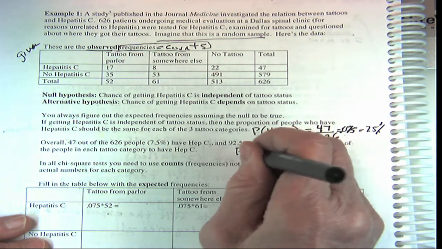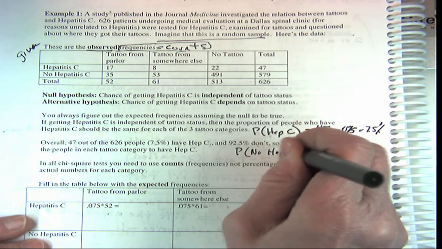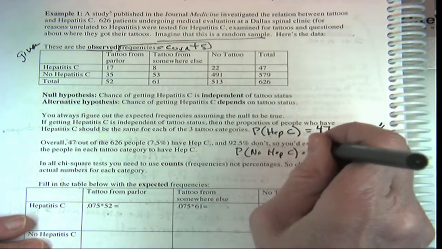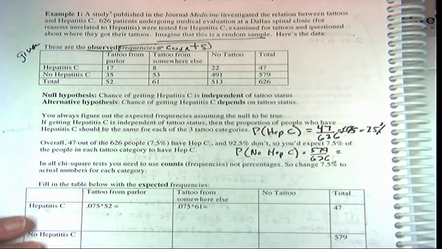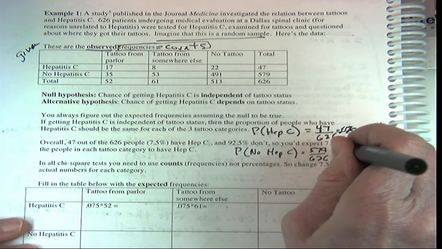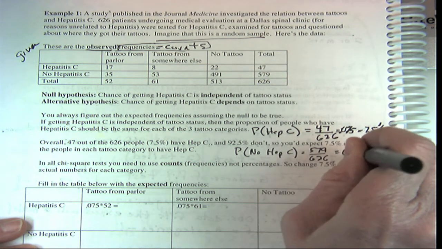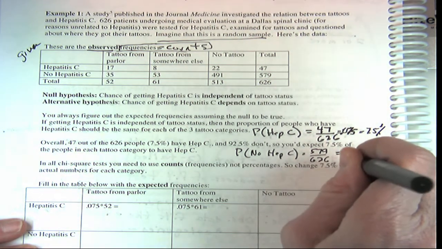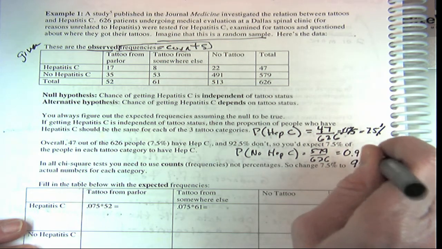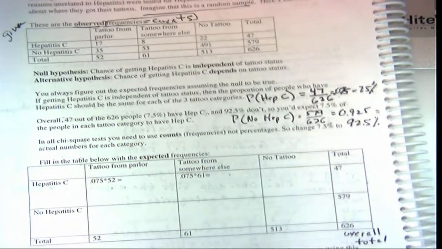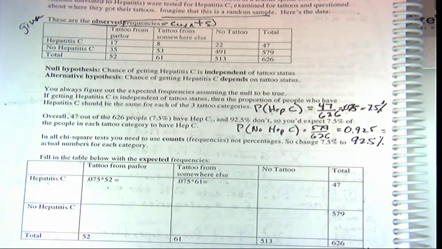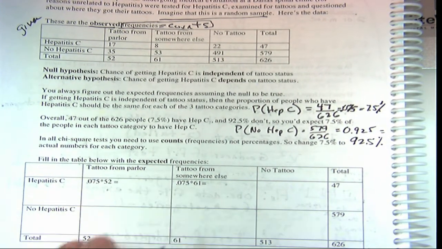So the probability of no hep C is 579 out of 626, which is what? 0.925 or 92.5%. So now that you know that, you'd expect, if they're independent, knowing whether somebody, okay, so you look at